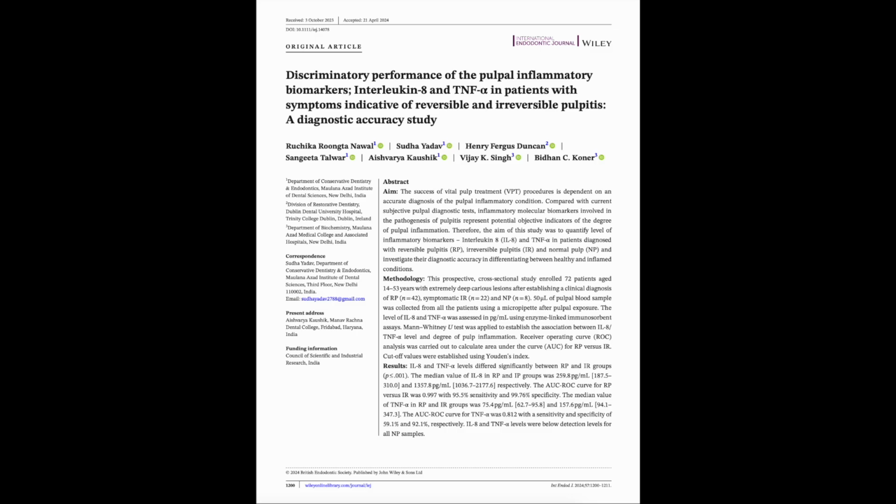The only limitation of the study, in my opinion, is that the time needed to process the samples and get the results is considered impractical to be used at chairside. However, if this could be improved and there's a way to have a quick objective assessment of the pulp using these biomarkers, we could definitely utilize this in